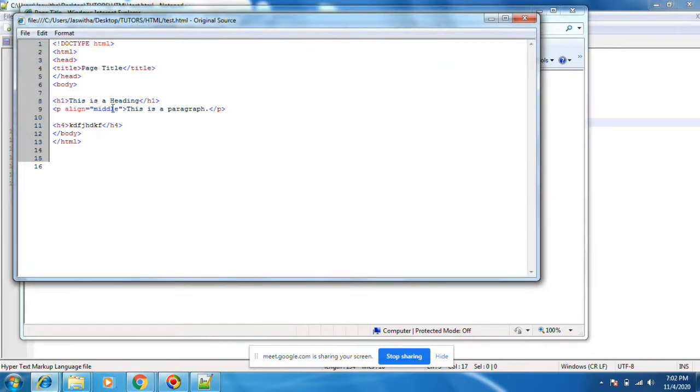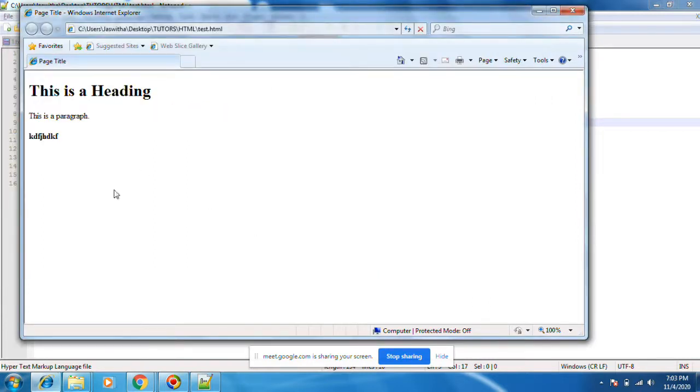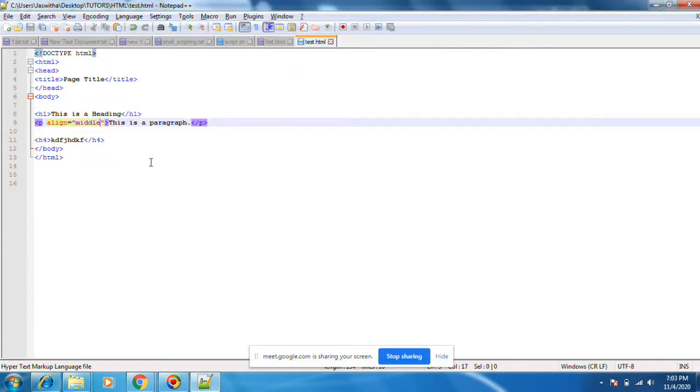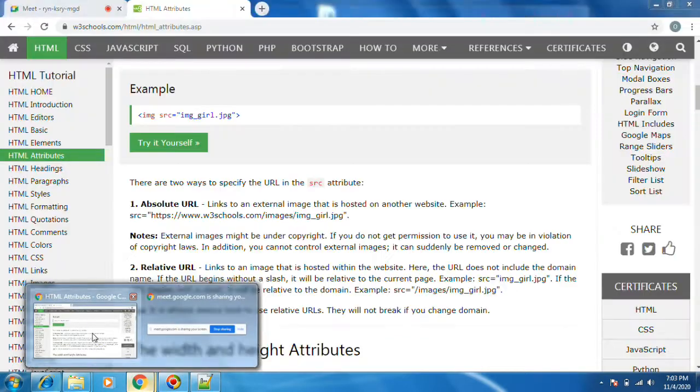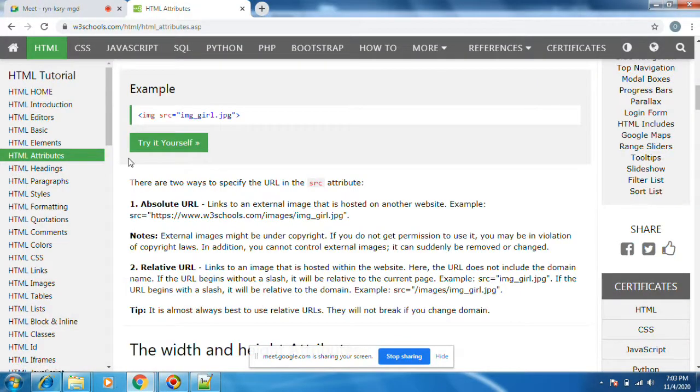P align equals to middle. Let's see in the paragraph section how it works. Left to right only it is working. Middle is not working. Okay, these are called attributes.